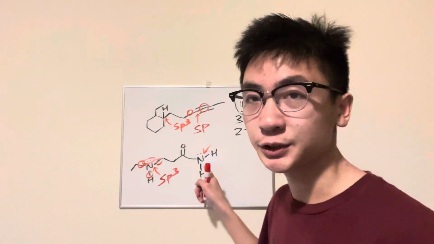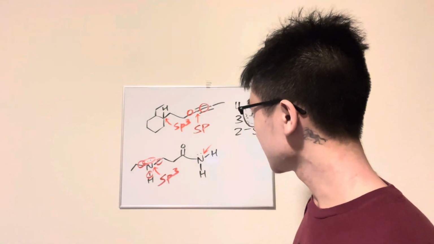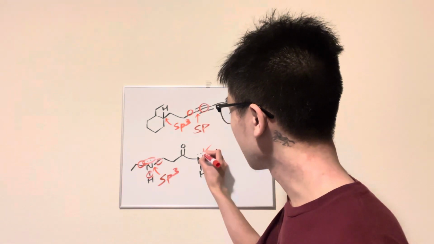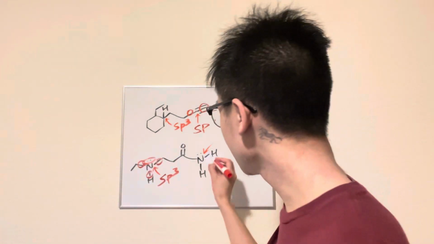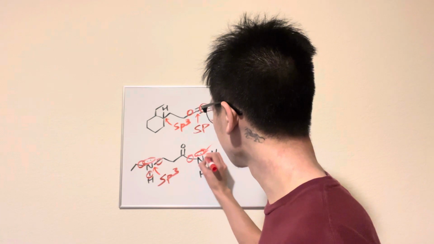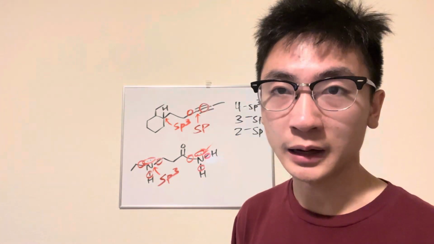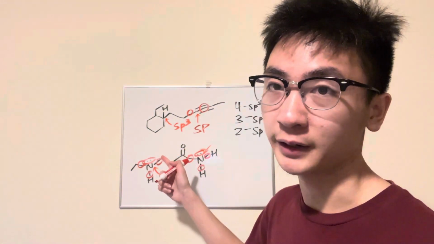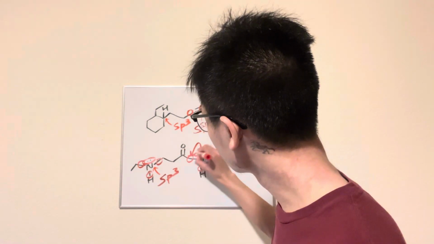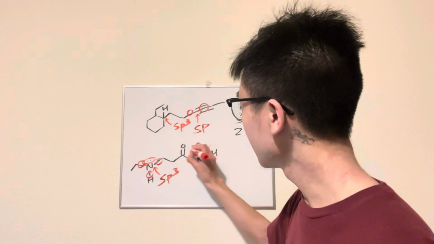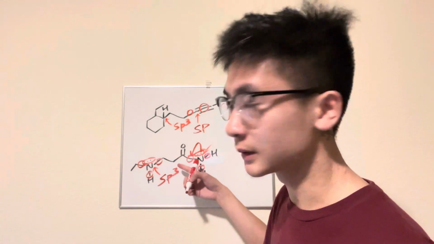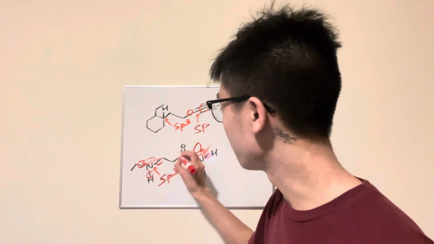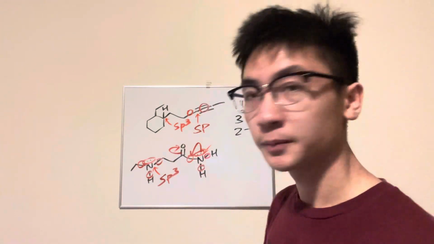Now let's look at this nitrogen of the amide over here. This nitrogen here looks like it has four different bonding groups attached to it, which is this lone pair, single bond, single bond, single bond, and it looks like sp3. However, this nitrogen here can do resonance with this carbonyl here, where this lone pair can move down there to make a double bond, and this double bond between carbon and oxygen will pop up onto this oxygen right here,